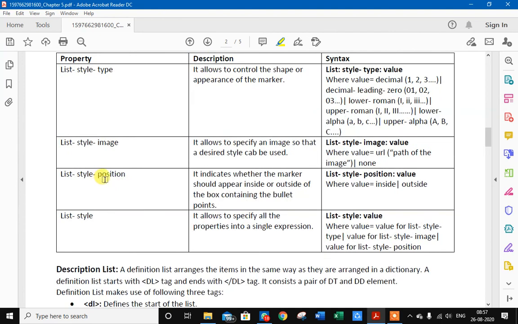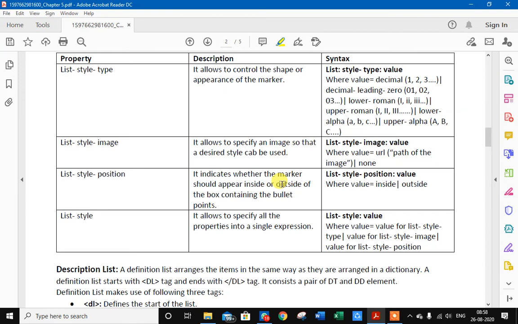Next is list-style-position. By default our list is shown in the HTML page in a box. So list-style-position has 2 values, one inside and one outside.